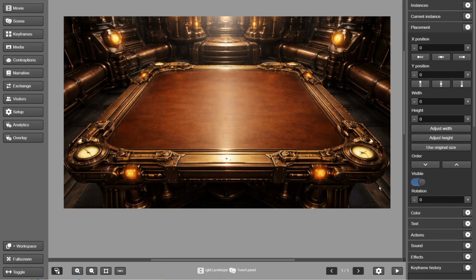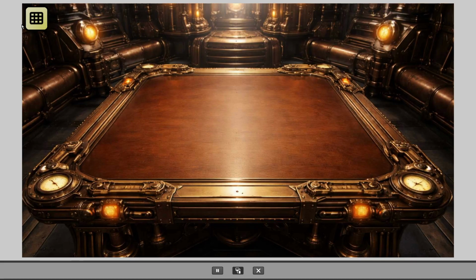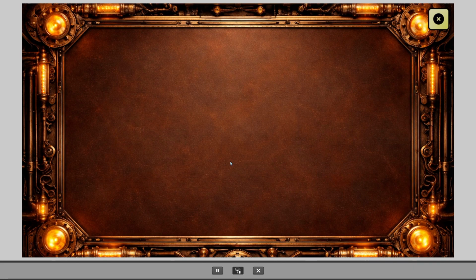Let's do a quick test now. Notice that the interface with the button is displayed where we indicated, and when clicked, the inventory screen is displayed, as we defined in our code snippet.